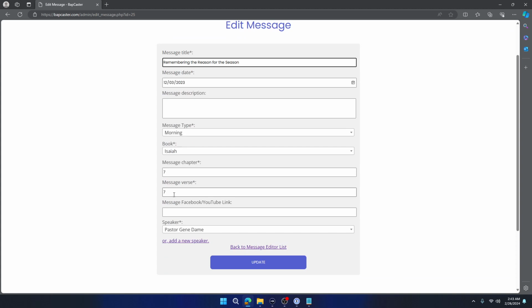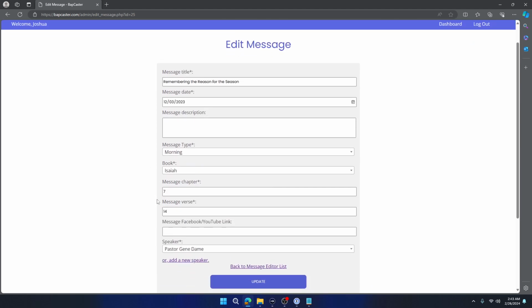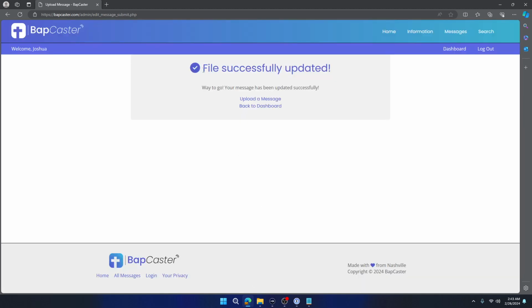And I can also see that the verse is also incorrect. This is supposed to be verse 14 for our message. This might differ for you, unless you already have it correct, but then it would be normally correct. So we'll go ahead and type in 14, and everything here looks good. So we are going to then select Update, and we can see we have received no errors,